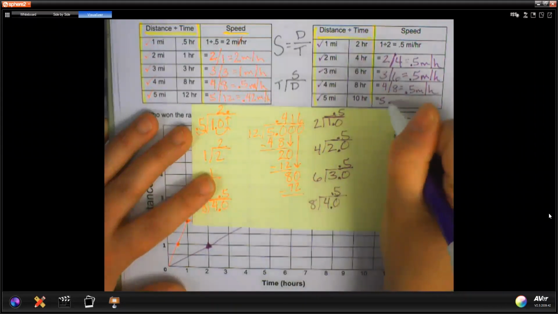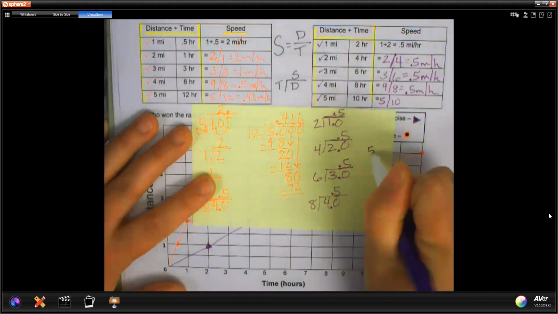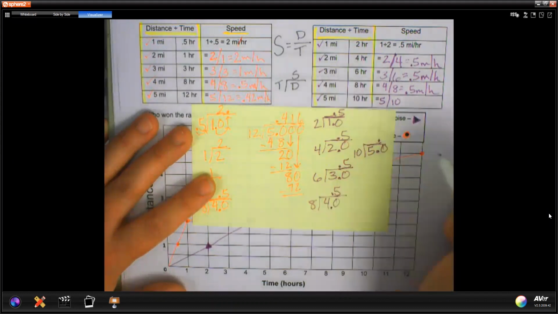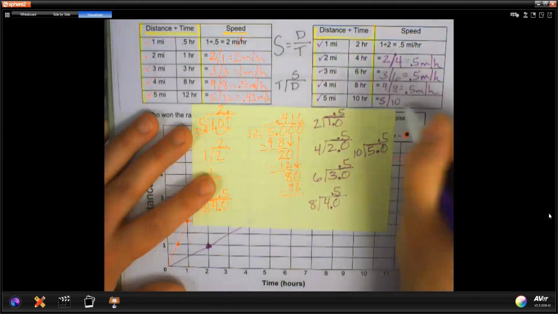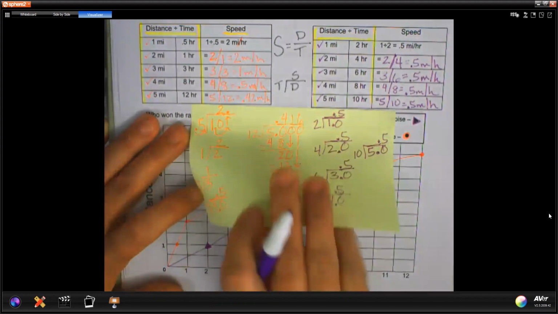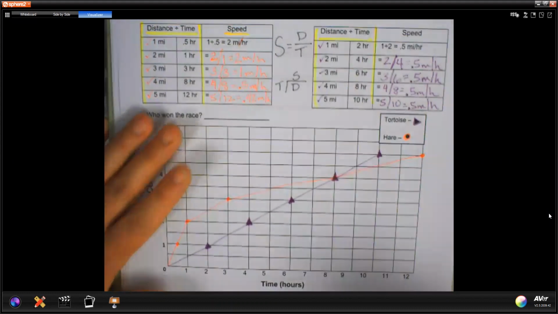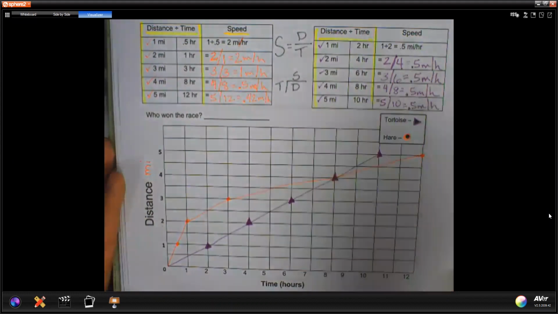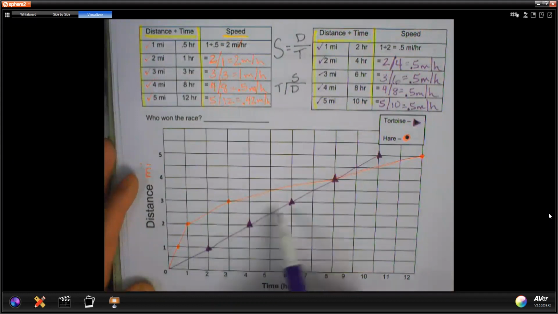So distance divided by time. Again, we have to add our decimal and our 0. And this goes in 0.5 times. So 0.5 miles per hour. So the idea here is that this is a very consistent time, just like this is showing a very consistent